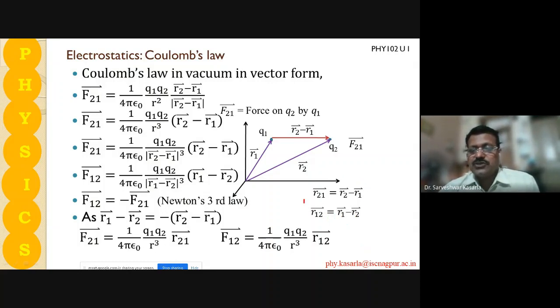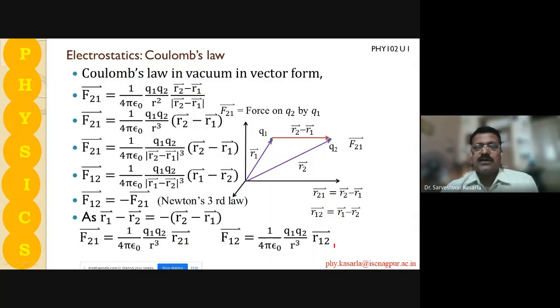But this is to be defined. Sometimes in some books it may be written as r12 is equal to this vector and r21 is equal to this vector. That is also right, so that depends. But these expressions will not change. If it is F21, then this expression will not change. So to avoid the confusion, in future lectures, we don't use these notations, but for understanding point of view, we have expressed this as r21 and r12 vectors.